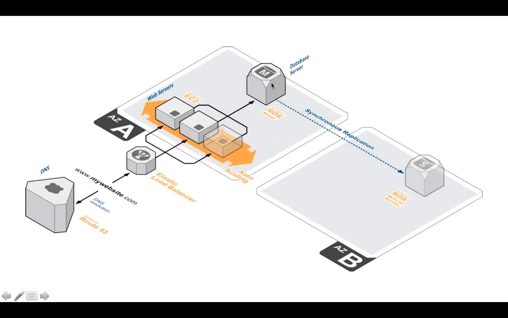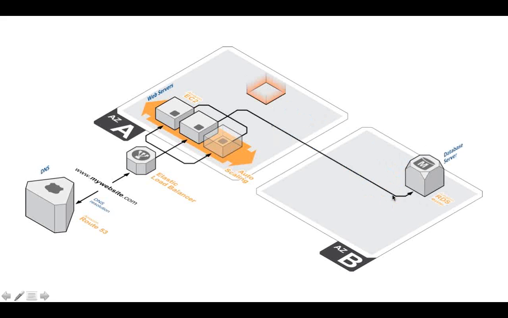Then you have your database master in one of the availability zones, and we will automatically create a standby synchronous replica in another availability zone. In the unlikely event that this master goes away, something happens to it, we will switch over the database, we will promote the replica to a new master. And to make sure that there is always a replica, we will start automatically then creating another synchronous replica in the background, in another availability zone.